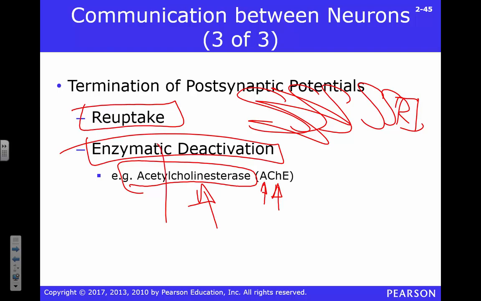And why that's awesome: how many of you have ever flexed your arm? That required some acetylcholine. You're really lucky, because acetylcholine operates your muscles. It's what causes your muscles to work. You're really lucky that you have acetylcholinesterase. If not, you'd be walking around like this the rest of your life, because you wouldn't be able to unclench your muscles. They'd just stay contracted, which happens sometimes. And we can talk about that when we talk about agonists, antagonists, and different sorts of chemicals that affect acetylcholine, which is fun.